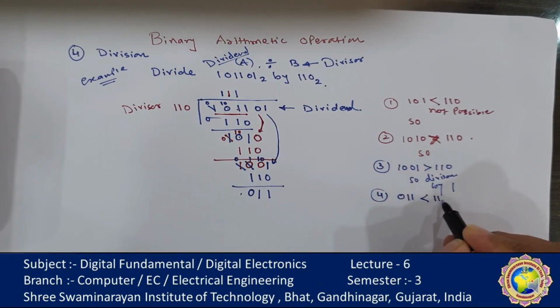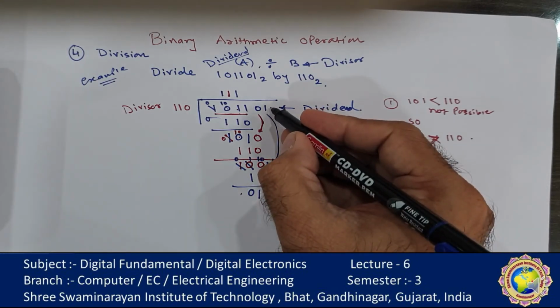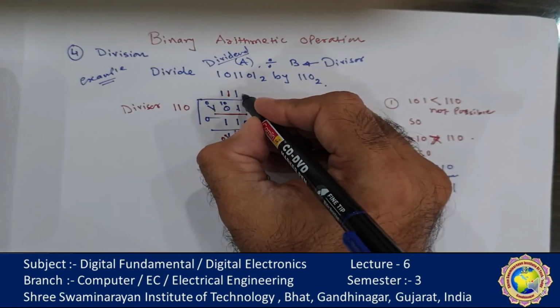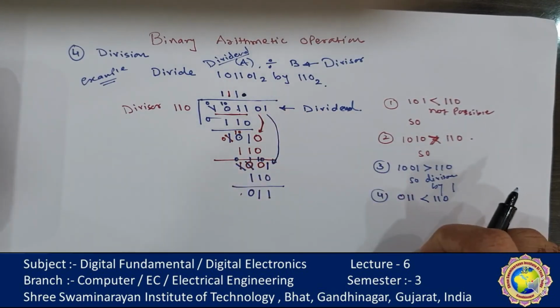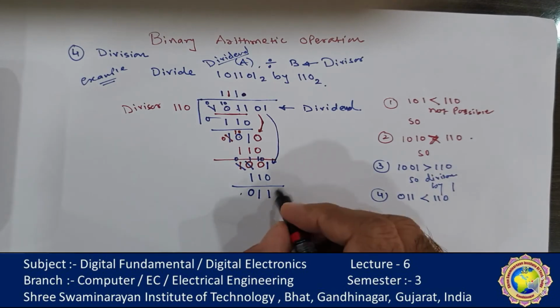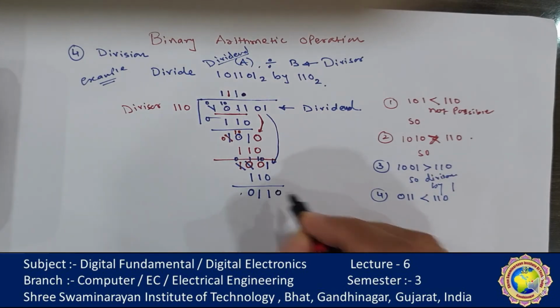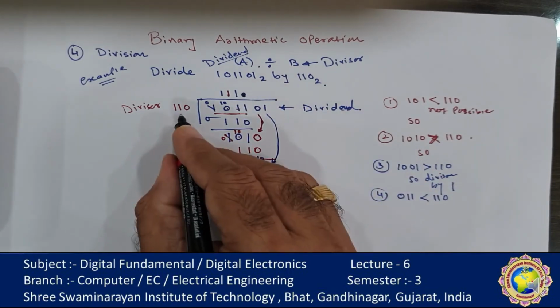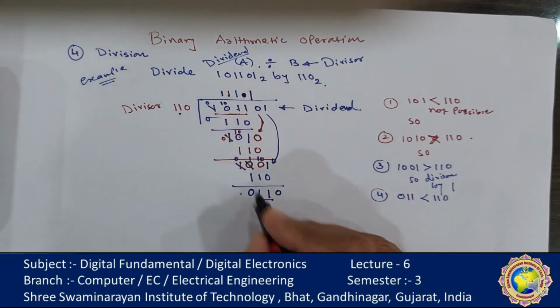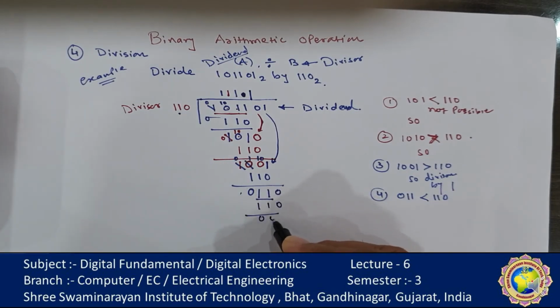is less than 110 and there are no points remaining, so we have to take the fraction point because there are no remaining points. What we'll do, we again have to put one more 0 because we take the fraction point, and 110 is the same, so we take 1 here, so 110 into 1 will become 110 and there is no remainder.